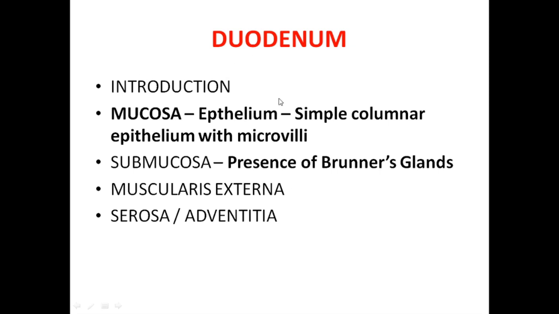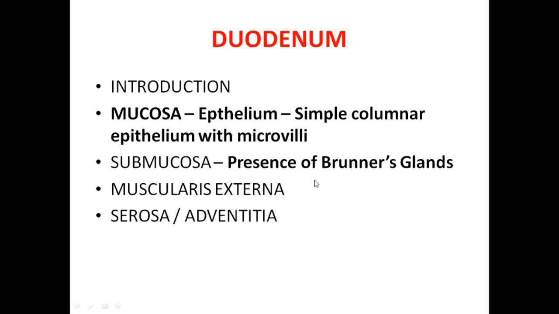So in the duodenum introduction, it is the first part of the small intestine. It is 10 inches long, that is 25 centimeters long. It has 4 parts. Its main function is to transport the food, and slightly because there are various enzymes and hormones secreted from the liver and pancreas into the second part of the duodenum, it helps in breakdown of the food there also. And that's why the epithelium there is simple columnar epithelium with microvilli. The remaining lamina propria and the muscularis mucosa are the same as in the other parts.